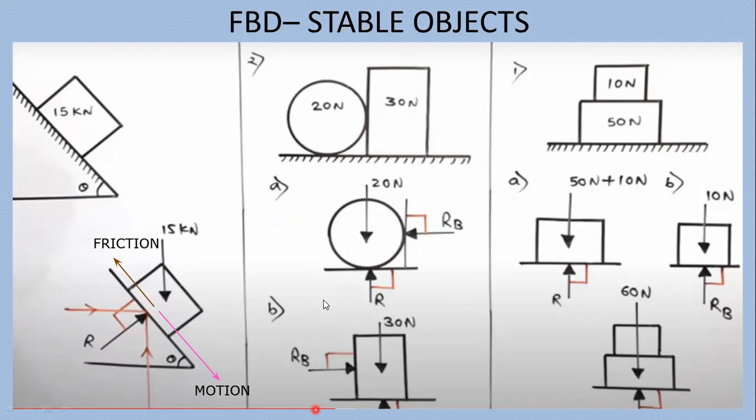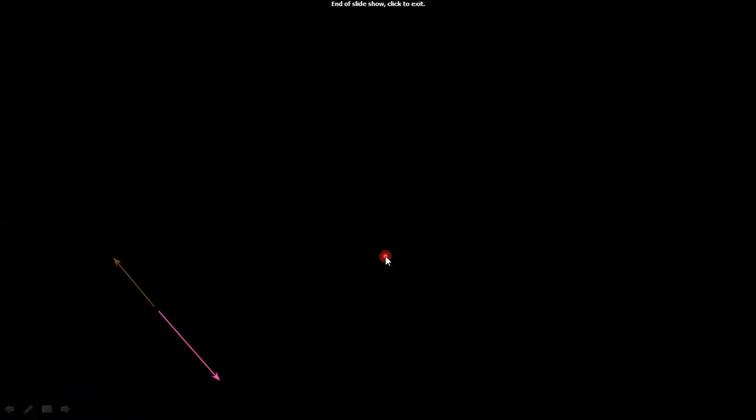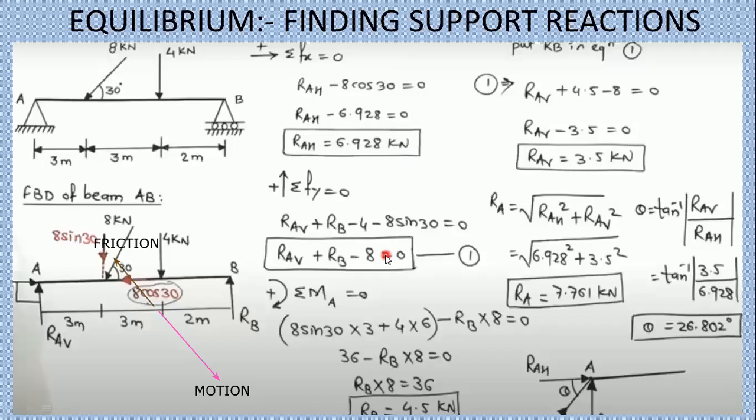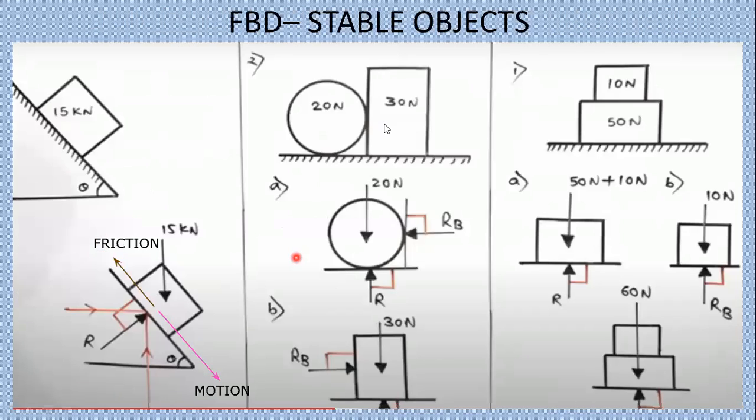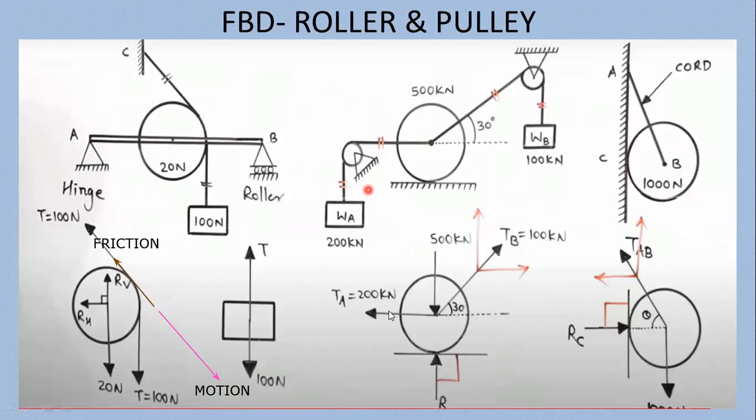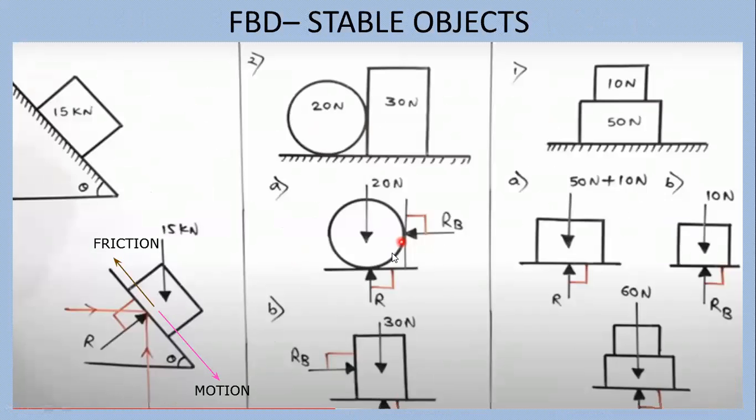Okay, so there are two FBDs for the two objects, because these are two different objects. So for object number one, that is the circular object, the FBD is different, and for the rectangular object, the FBD is different. So first of all, we will consider the circular object. Now the self weight 20 Newton is given, which is directed in downward direction. Then reaction R, which is directed in upward direction, and RB is nothing but the reaction